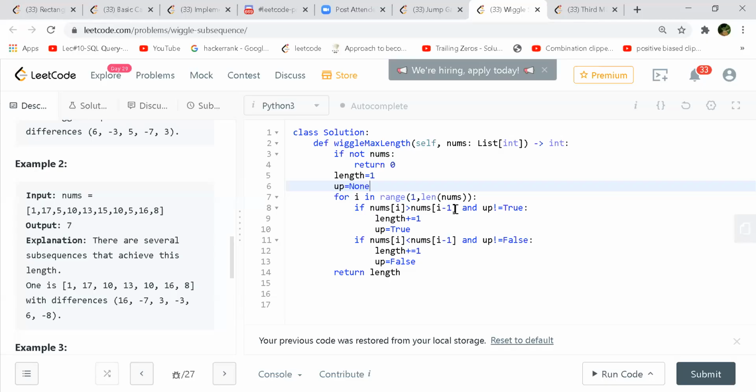So you only have a similar implementation, right? The last one. Adjacent elements you compare, right? And if you find the previous one is decreasing because up is not equal to true, then you increase your length, and for the next call you make it true. And when you go for the next, if it is decreasing and you check the previous one was increasing, then you increase the length in that case. And for the next call, you make up false.